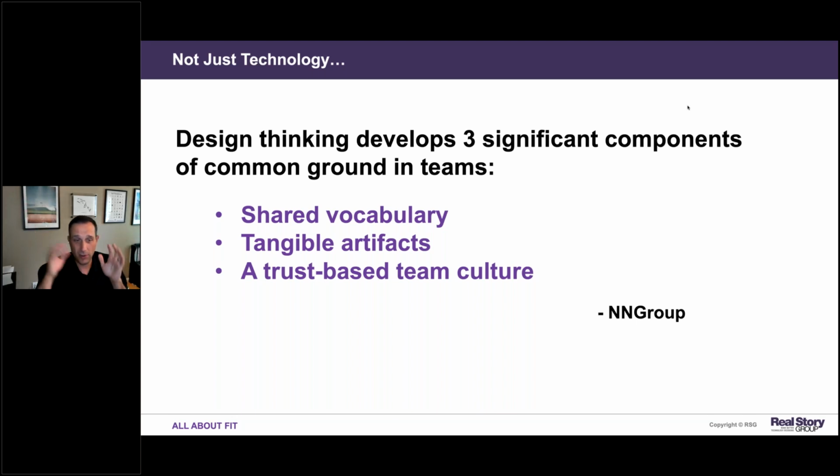use case scenarios, so that everyone is marching in the same direction. They're not just concerned by their 1 or 2 requirements. They're actually invested in the holistic final state. You get tangible artifacts in that proof of concept. You actually have a pilot that can be used as your phase 1 of your rollout, and you have a trust-based team culture because everyone had input. Everyone saw themselves in this process, and they really understood how it all is going to benefit the organization as a whole, as opposed to guessing how it might impact the future state. And that goes a long way to really getting buy-in.